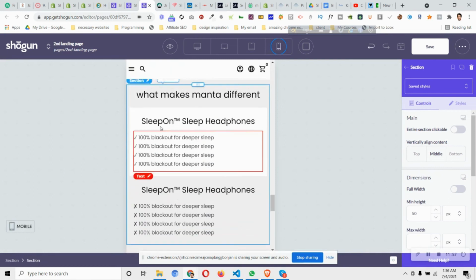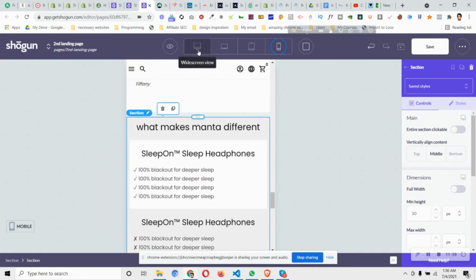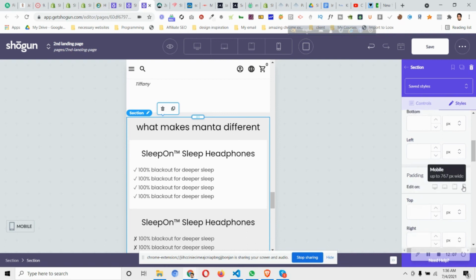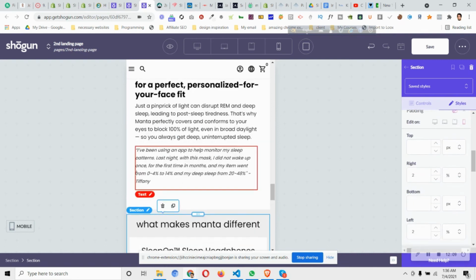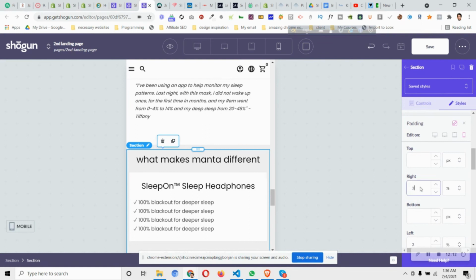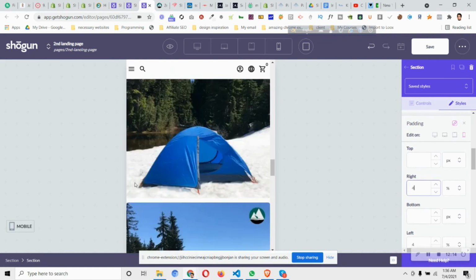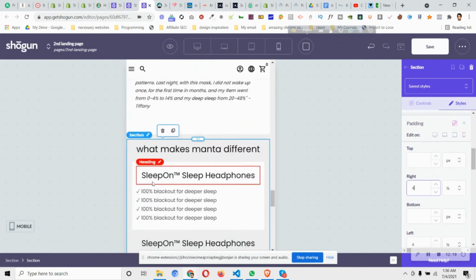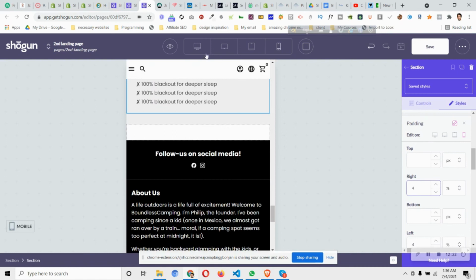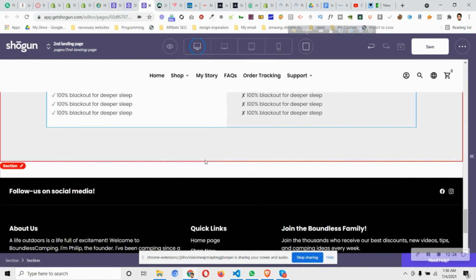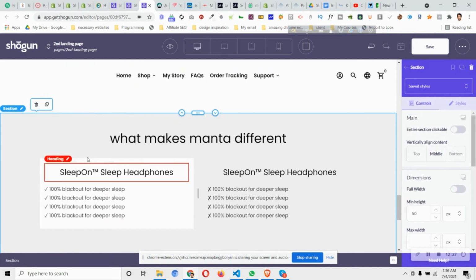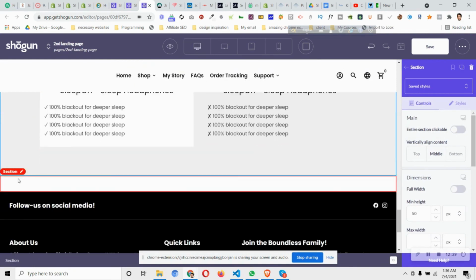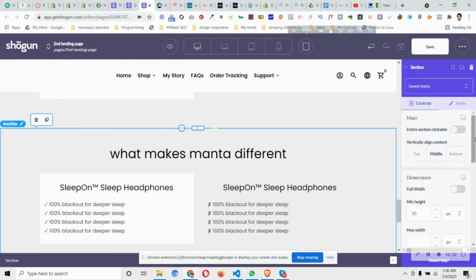So if we go to the mobile version, it looks quite good. If we see the padding in the mobile version, we can see it is 3%. It looks different from the live browser, as we already mentioned. Okay, this looks good. So what I'll do, I'll just copy this upper section, I'll delete this, and I'll just